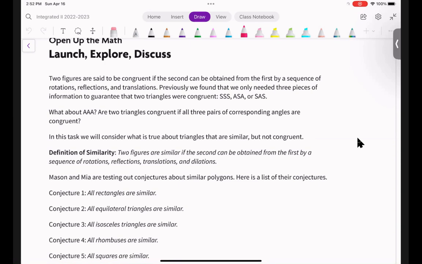So if I took the two pieces of paper, maybe I reflected or rotated it so that they lined up, and then I moved them together. So I translated them. So it says previously we found that we only needed three pieces of information to guarantee that two triangles were congruent. For example, SSS, ASA, or SAS. But what about AAA? Are two triangles congruent if,